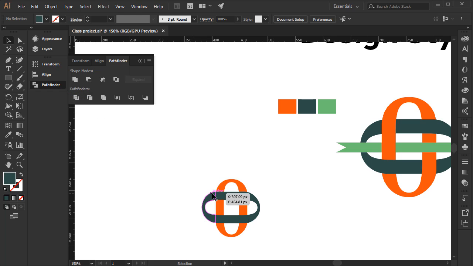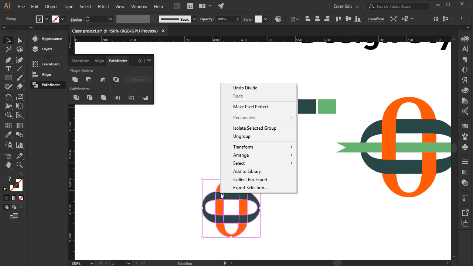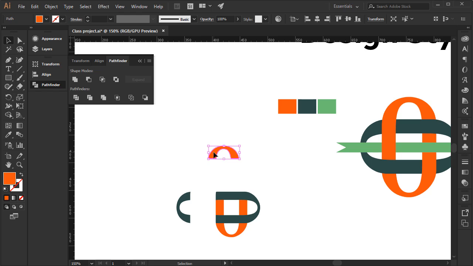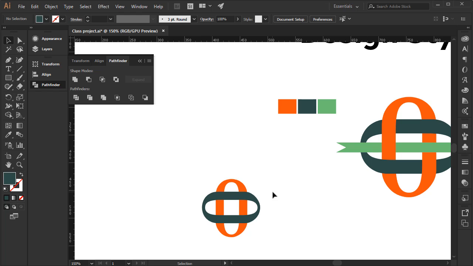When you click it, it's actually grouped right now, but we can ungroup it. Right click, and then Ungroup. Now it's actually individual shapes, as you can see right here. And that's what we need. That's what we want to create that kind of effect, the illusion of overlapping or interlocking. Now, we have to decide